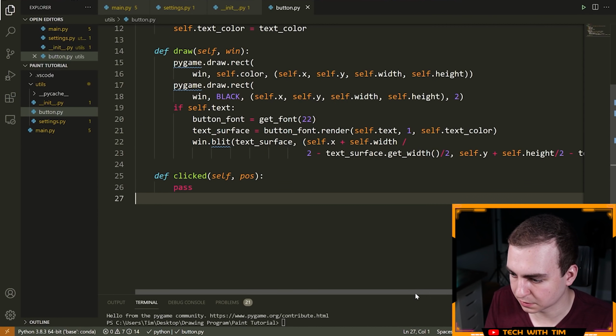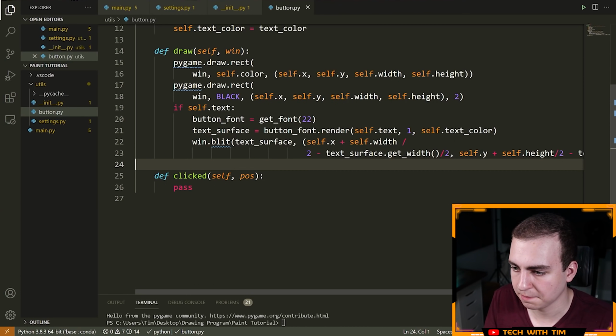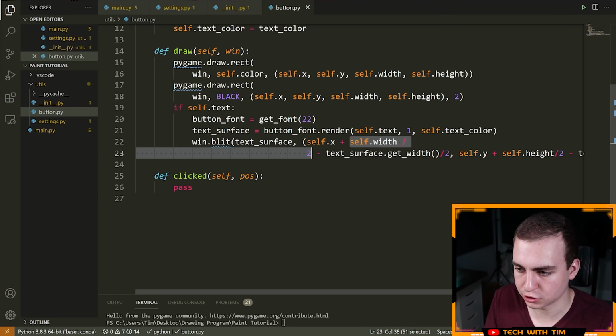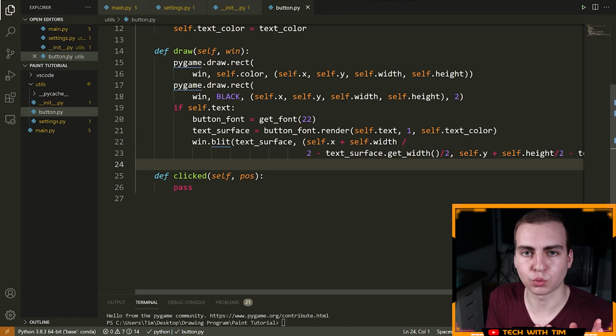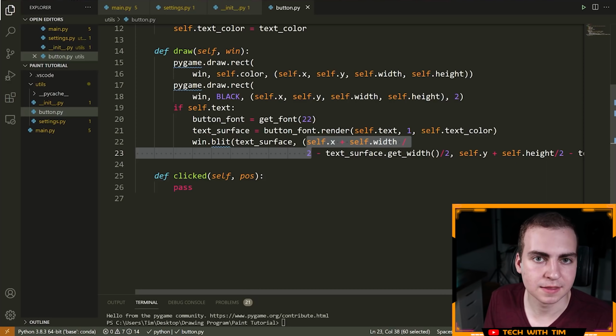So let me just explain what this is doing. Really, we just need to pay attention to one of these because the other one's the exact same, just in the opposite direction. So we're taking our X position. We are adding the width over 2 to it, right? So that is going to be the direct middle of our button. If you take the width of our button divided by 2, and you add that to the X position where the button starts, that's directly in the middle of the button, right? Hopefully that makes sense, but that should be clear enough. Once you've done this, you're directly in the middle of the button.